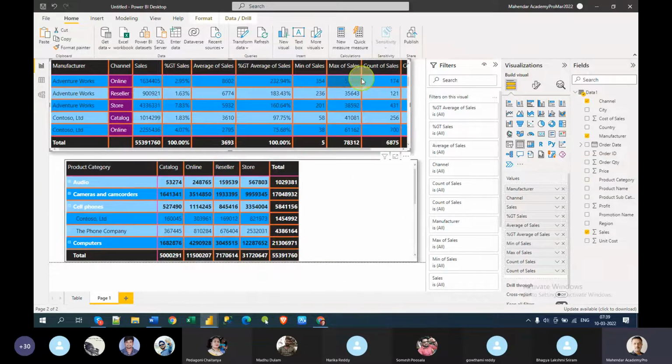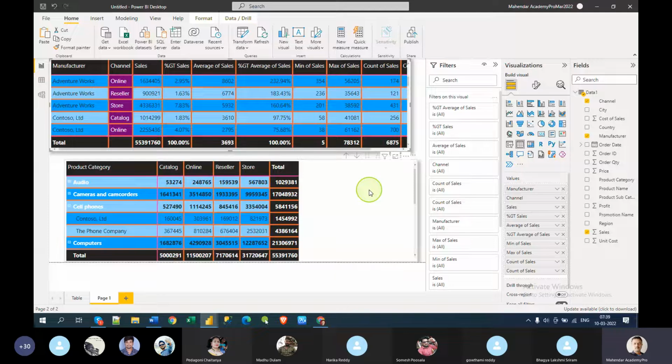Now there will be a question: what is the difference between table visual and matrix visual? You need to talk about it. You know, a table has only values. When it comes to matrix, we have rows and columns and values, and we can see hierarchy there. Drill down, drill up, next level in the hierarchy, all these things are possible only in the matrix, and step layout is available in the matrix. So a lot of things that you can talk about.